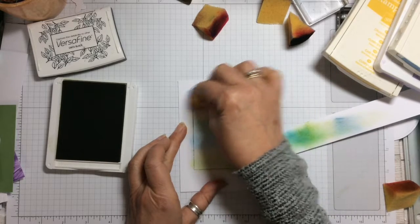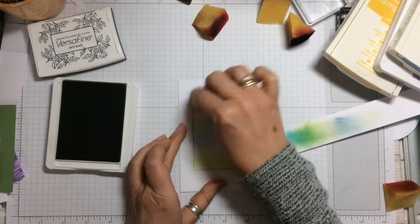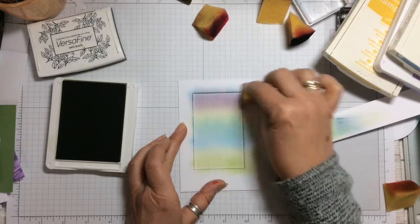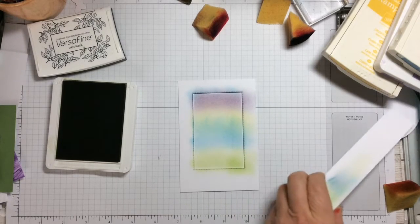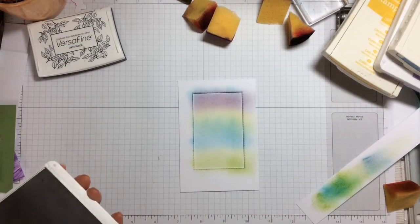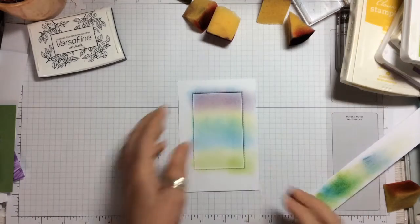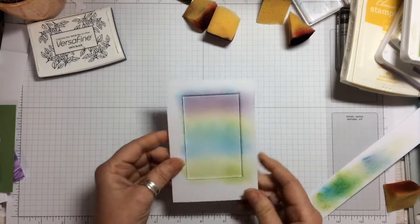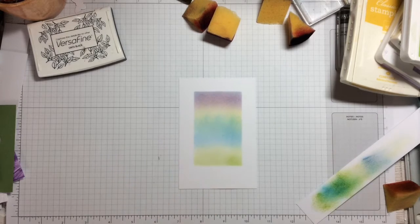Again, with doing blending and stuff, it's really down to how you see things. So you can add and you can play and you can put more colours in. I quite like that now. As I say, I've just taken the sponges that I'm using and just blended the colours through. Okay, so when we take this off, you should then have a rather nice background piece like that, which I